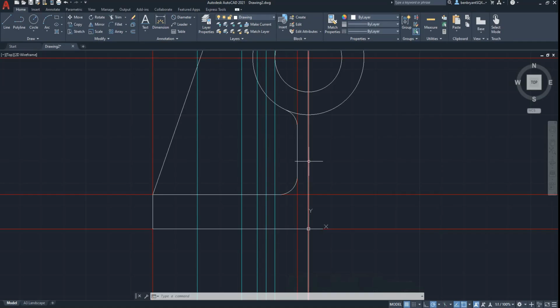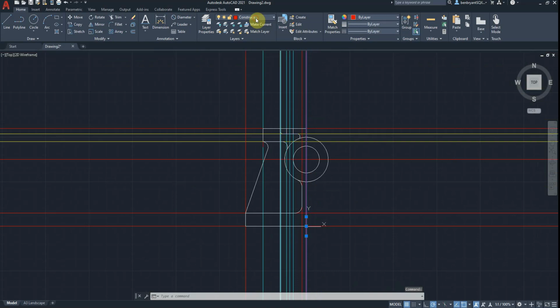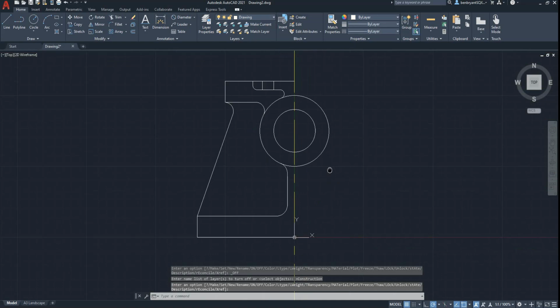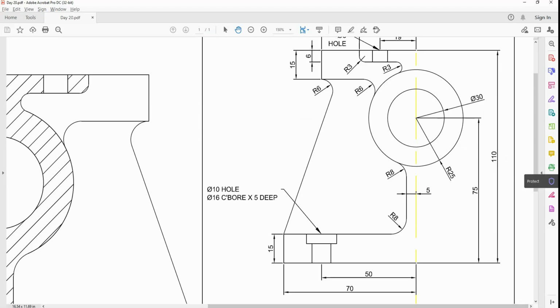Okay, remembering that this all revolves around the centre lines, I'm going to change this from a construction to a centre. Okay, now I'm going to turn my construction lines off, and that's basically my component I've got in the top right of my screen. So now looking at that part,